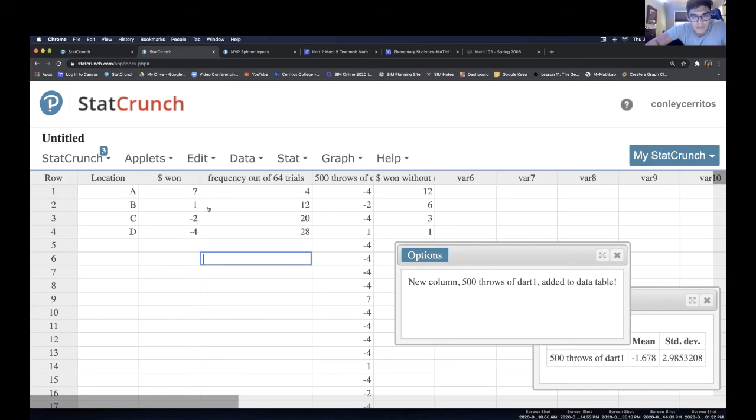What is the frequency of my 7s? I'm going to see 4 of those, right? So in your mind's eye, look and see. You see 4 7s. Now how many 1s do you see? 12. So you see 12 of them. And then you see how many negative 2s? 20. So you see a lot more negative 2s than you see 1s, and then you see a lot